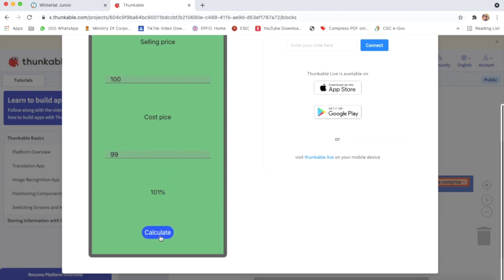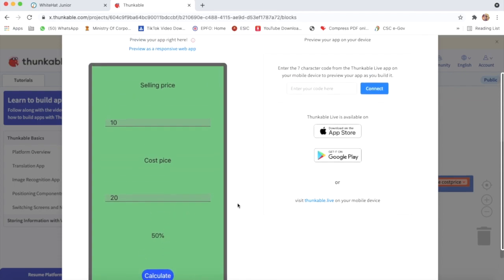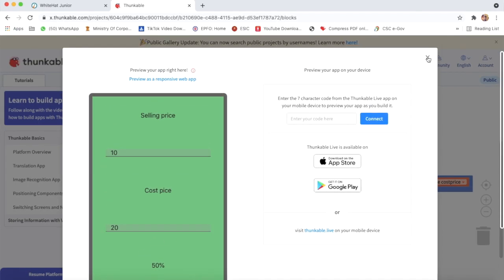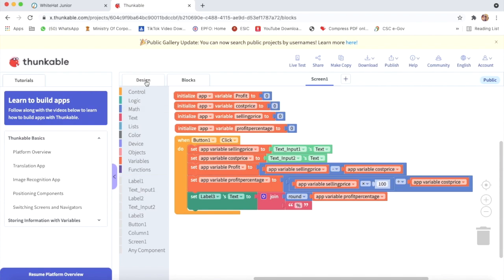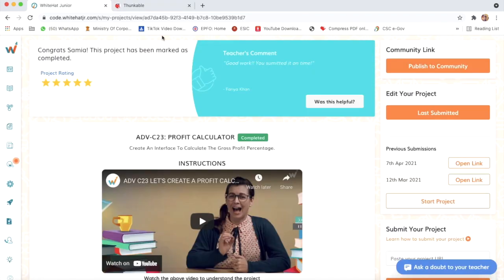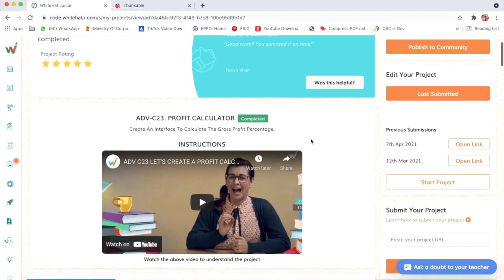Calculate: 101%. Yes, and now I will write 10 here and 20 here. And now we will check, calculate: 50%. Okay, it's working properly. So now our design and coding part is done and our app is also working properly.